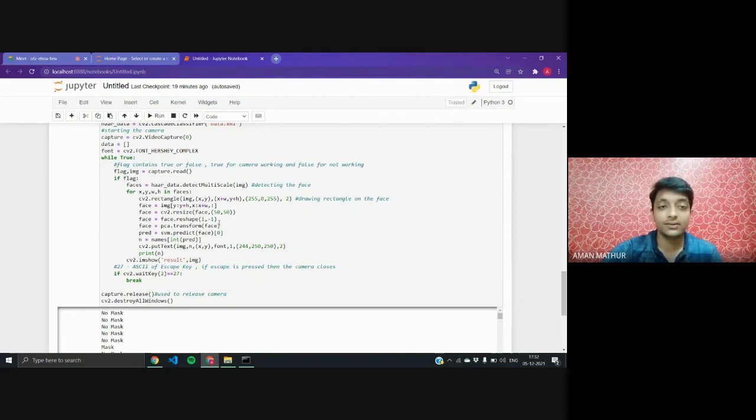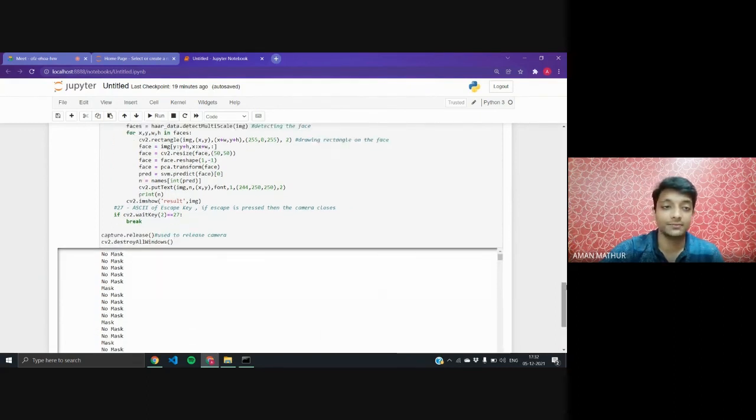Otherwise our camera will continuously take the images of our faces, and it will mark them as masked images or non-masked images. So all of this data will be used for resizing our image shape, resizing our faces, and then detecting the faces and drawing rectangles.